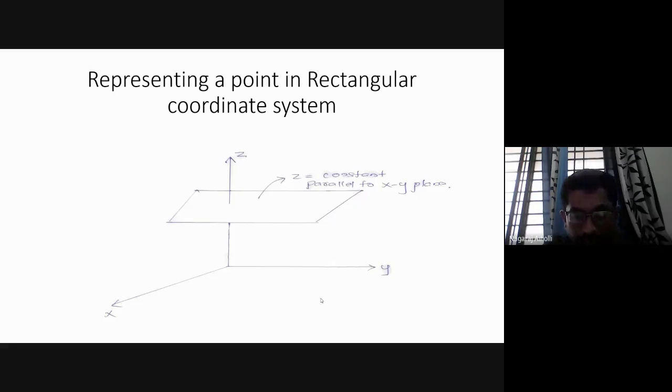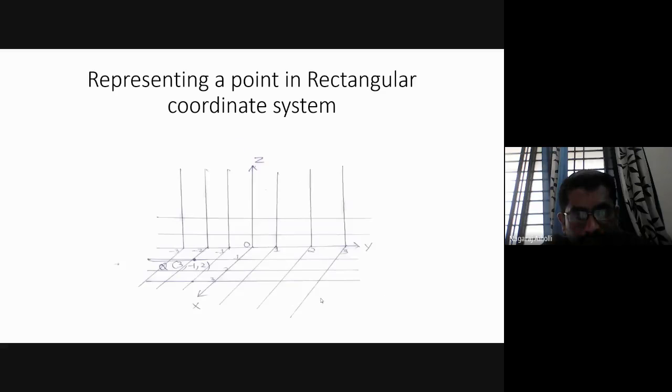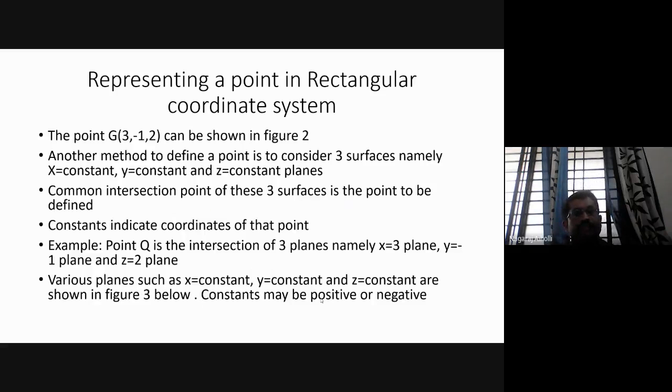This concept is clear here, students? Did you all try to visualize here? Was it understood how it is? X equal to constant, y equal to constant, z equal to constant. This concept is clear here? Yes, sir. Fine. Right. Then, next, we are considering the intersection of these. Any doubts? Yes, please. Any doubts, students? Following, right?